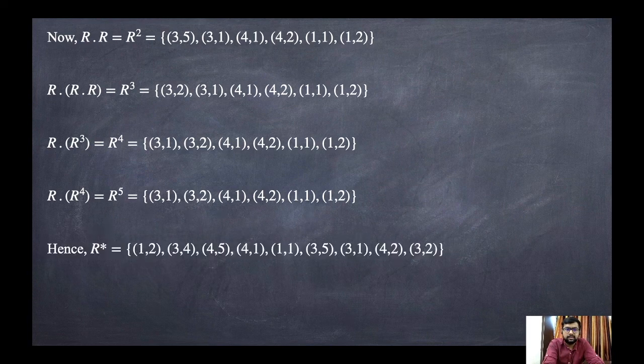So finally, whenever you take the union of all these elements, it will be like this. So it will contain 9 elements or 9 ordered pairs in the transitive closure. And what does that mean? This given relation is a transitive relation, and it is the smallest one. So that means it is the transitive closure. So this is the answer.